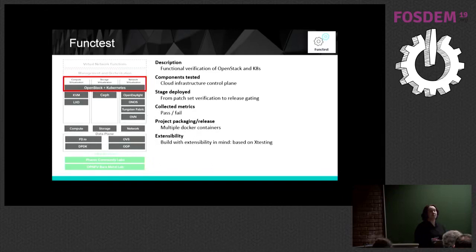Does anybody have any questions at this stage about FunkTest? Comments? No? Okay, well,